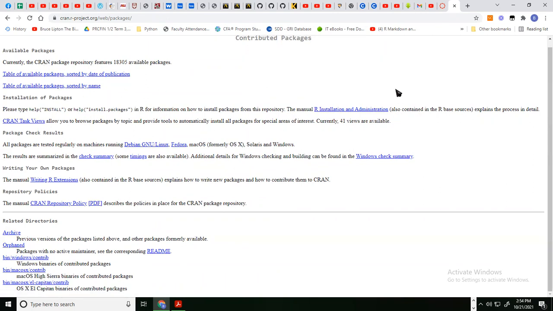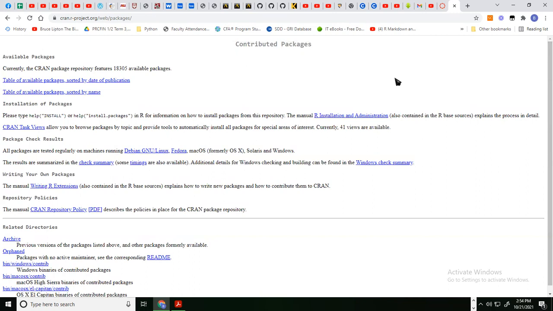If you look at the website of CRAN, it's this one, okay? You'll be able to see so many materials about R, okay? Articles about R, tutorials about R. So if you really want to learn and master R, although it's difficult to master because it keeps on improving, many people keep on adding packages. So it will be a software for your lifetime, because I'm sure that by the time you get to the corporate world, or if you're going to have your own business as an entrepreneur, R would have many